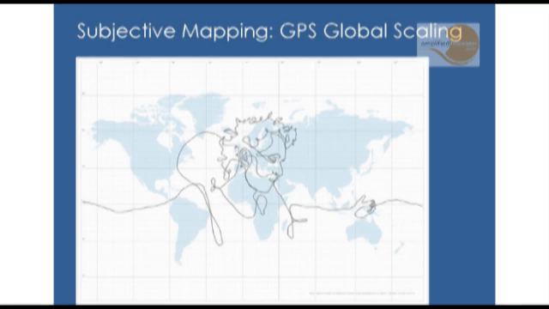So GPS mapping is being used creatively by artists, and some come at it very literally. This is the biggest drawing ever done, and it spans the entire world. The way it was done was the guy sent a GPS device off with a UPS package and told it where to go. He plotted where he wanted it to go so it would draw a giant head on the world. Now, a nice idea, but I have reservations about calling it art. But it does show that these technologies have huge potential.